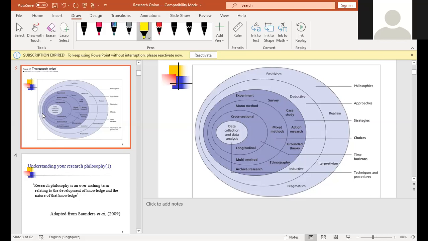It's not going to be positivism. Is it clear to all of you? Yes. So where do you go? You go into